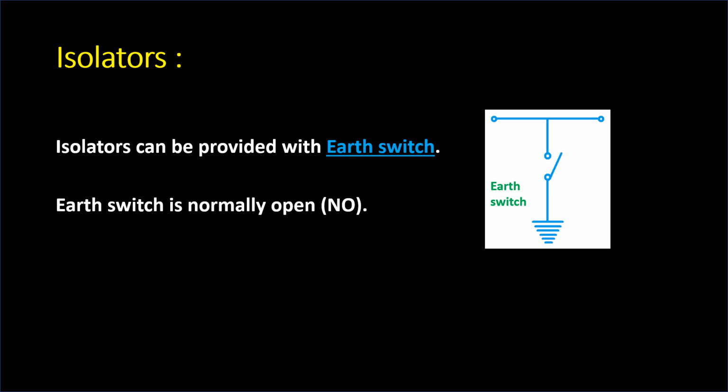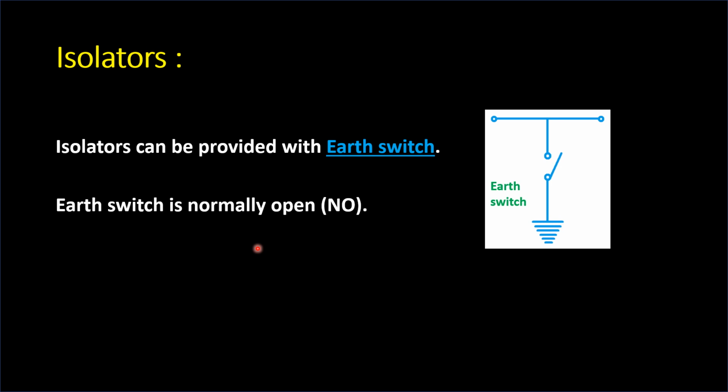Isolators can be provided with an earth switch. In the single line diagram you have found this symbol. The earthing switch or earth switch consists of a conductor bar. When it is to be closed, these bars swing and connect the contact of the live part of the isolator to earth. There is interlocking between 3 poles for simultaneous operation, and there is an interlocking with the circuit breaker also. So the isolator is also having interlocking with the circuit breaker.